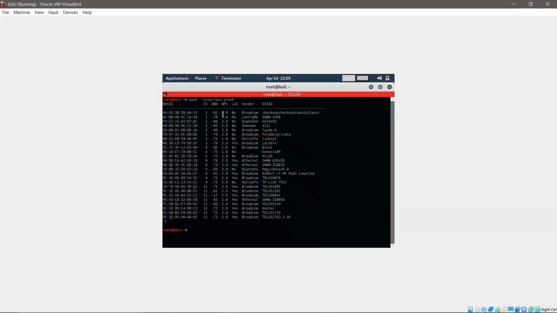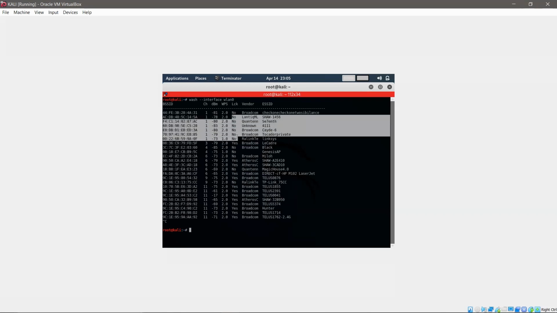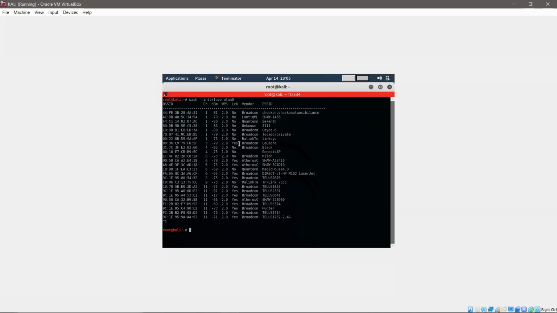As you can see, the BSSID displays their MAC address. CH is the channel they are on, then the WPS version, their vendor, the name of the router under the ESSID column, and the lock. As you can see, there is no lock on the router for the WPS for some, and for some it's yes. For whichever the lock is not there,